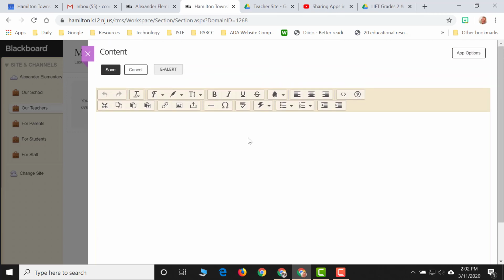The editor looks just like any other Docs editor or Microsoft Word editor. It has a toolbar at the top that will allow you to format the contents of the page, and now you can literally just start typing in and add content to your page. In order to make the website ADA compliant, you would need to use the headings icon in order to structure your teacher web page. So if I wanted to give my teacher web page a title, I can type in my title,